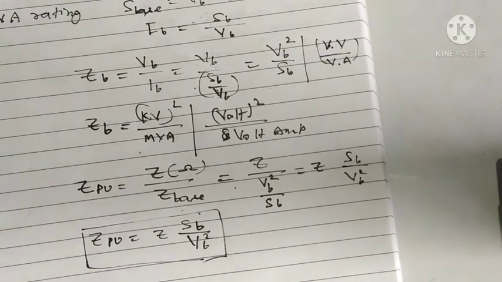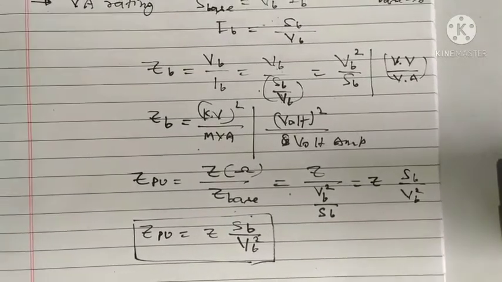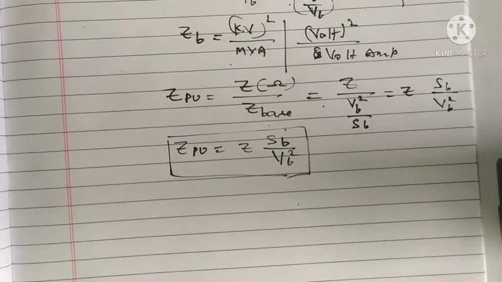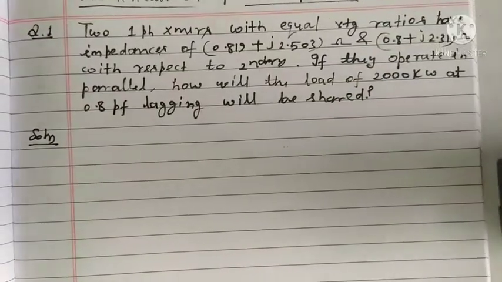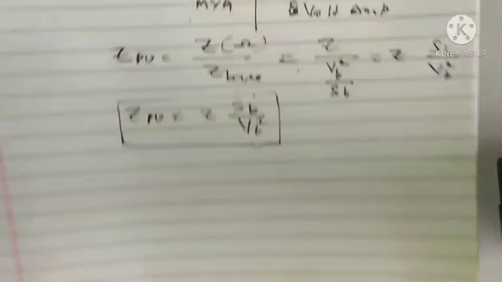So the per unit impedance or per unit values system gives us simplicity in calculation. We will see some numericals also. Let us go for one numerical on parallel operation. We have seen parallel operation, and on parallel operation we know